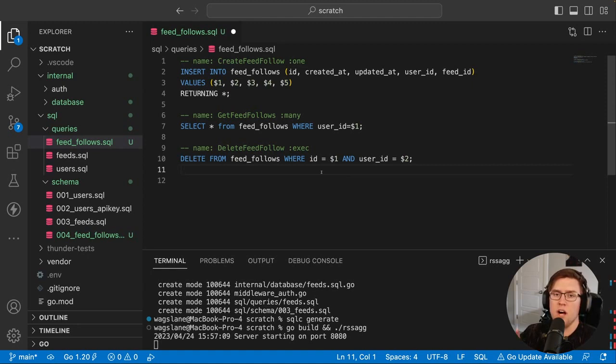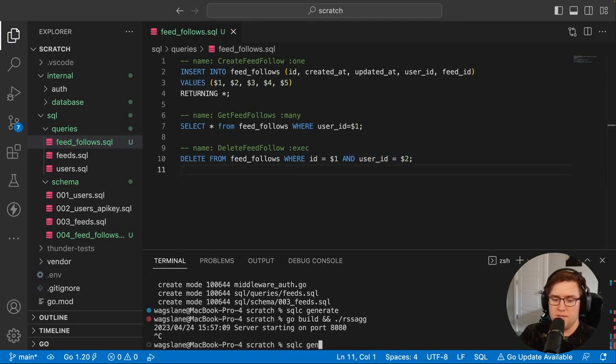If for whatever reason user B got access to the feed follow ID of user A, and we didn't have this check here, then that user who hijacked a feed follow ID would be able to force the other user to do an unfollow, if that makes sense. This ensures that only the user who actually owns the follow record can execute the unfollow command. Hopefully that makes sense. Okay, from here, let's just go ahead and generate that